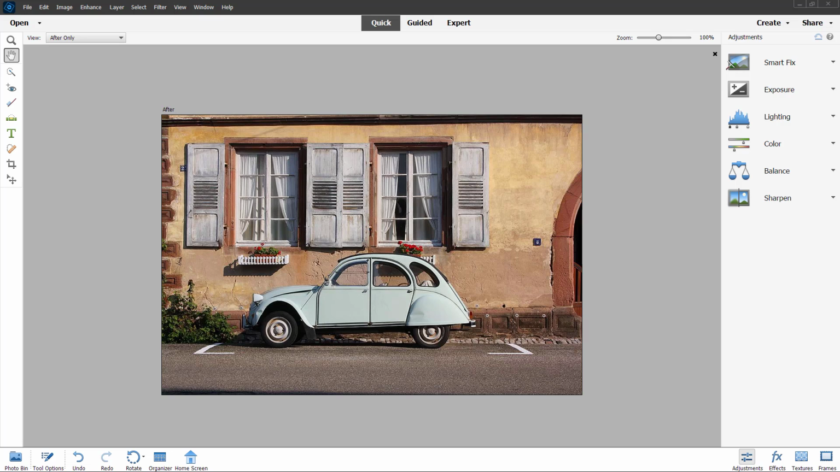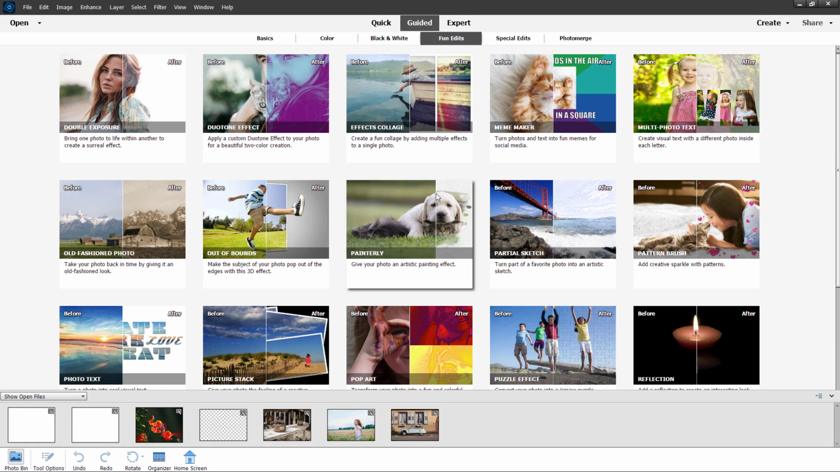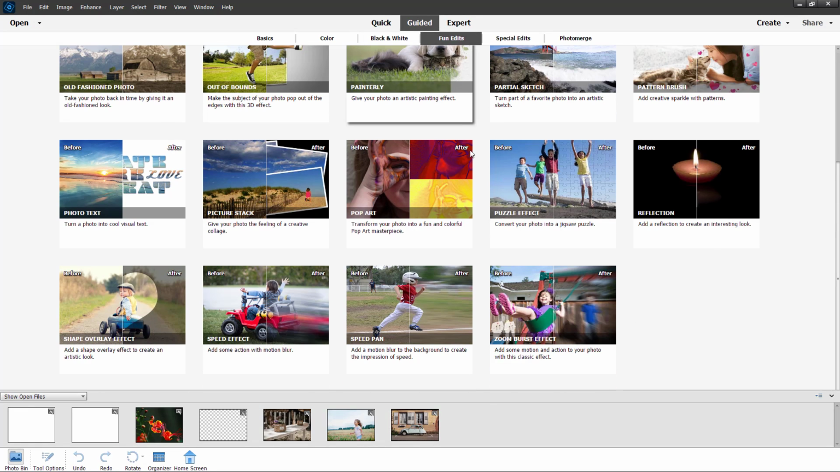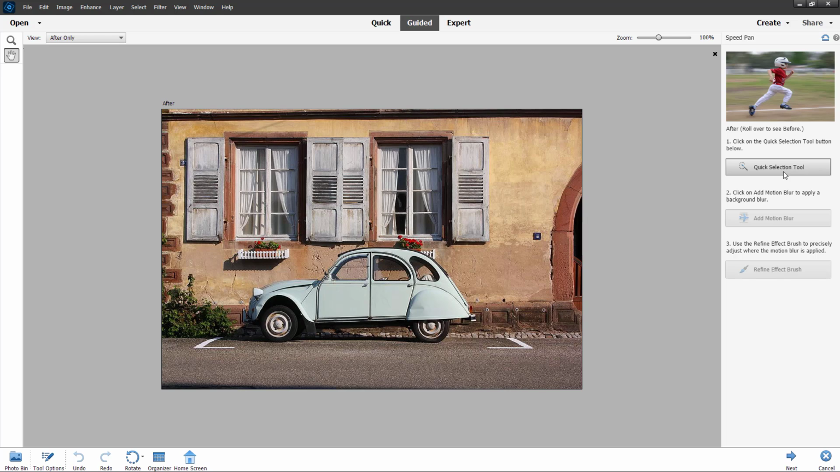So now let's see how we can work around with the guided speed pan option inside of Adobe Photoshop Elements. To do that, I'm going to go onto the guided option right here. And once you go over here under Fun Edits, you can see speed pan is an option. If I click right here, then you can use the quick